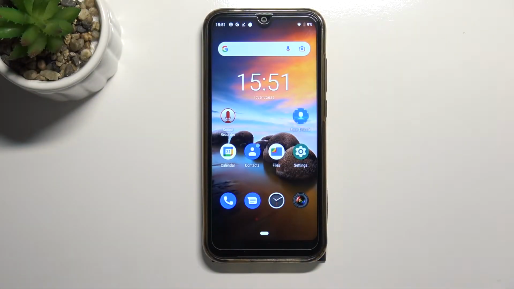Hi everyone, in front of me I've got CUBOT R19 and let me share with you how to reset network